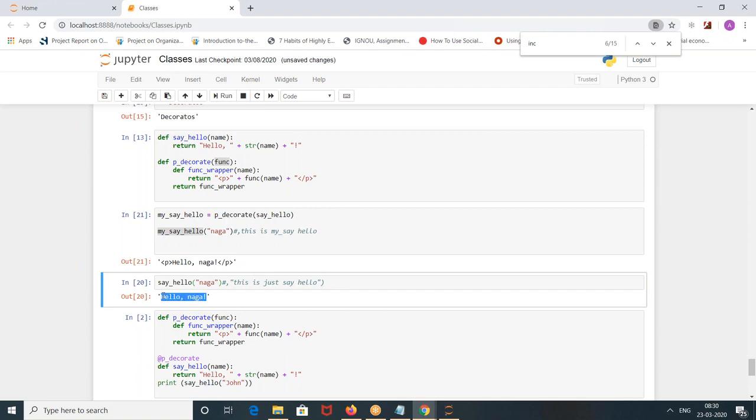This was just for this function. The line 20 output is for the first function in line 13. The line 21 output is for the wrapper function. You see, this p wrapped around this hello Naga. Understood, or any question on that? I'll tell you why I'm showing the print difference.